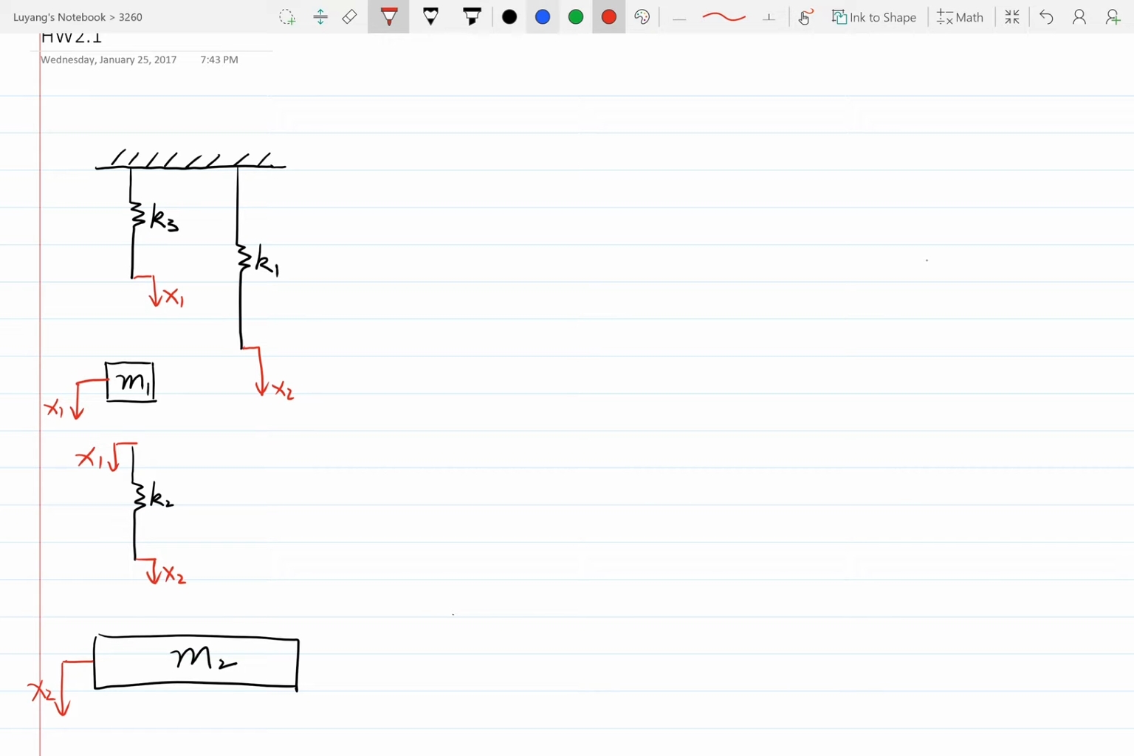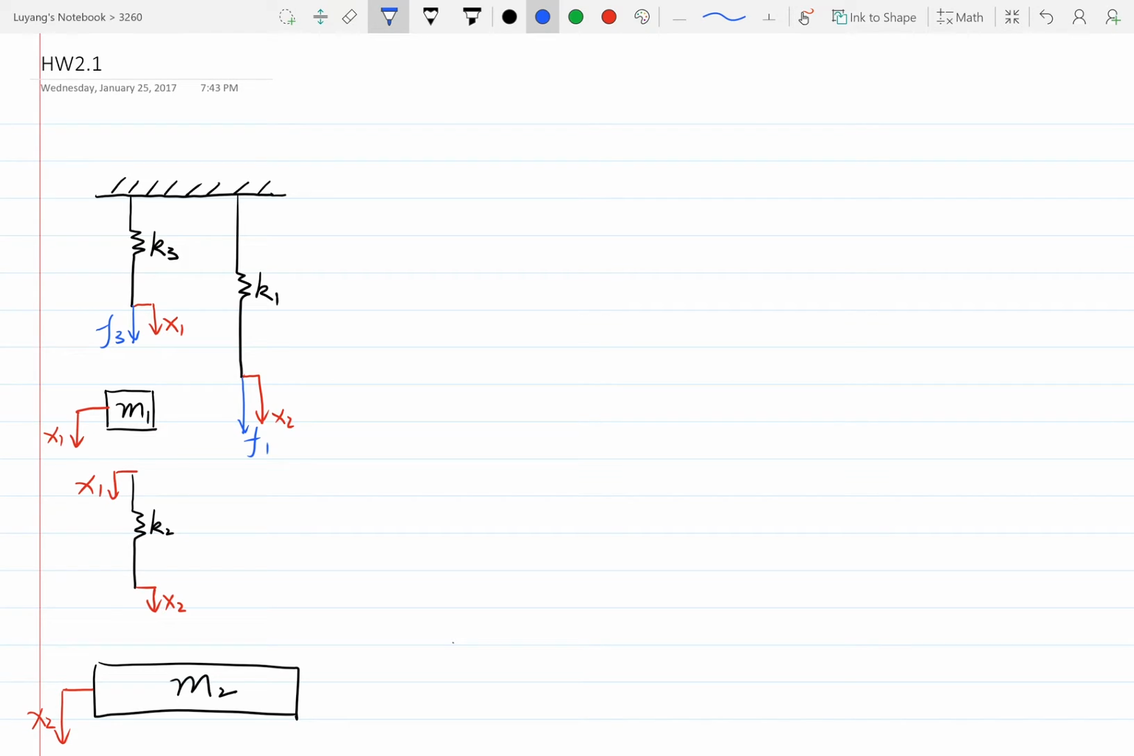Okay, now next forces. There is a force on this end of K3. Let's say it's F3, and on K1 there's a F1, due to Newton's third law, force and counterforce. So there's the opposite F3 on M1, and there's the opposite F1 on M2. And for K2, let's see, there's force F2